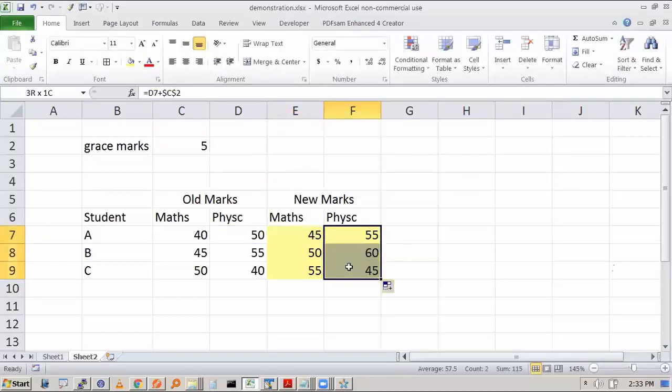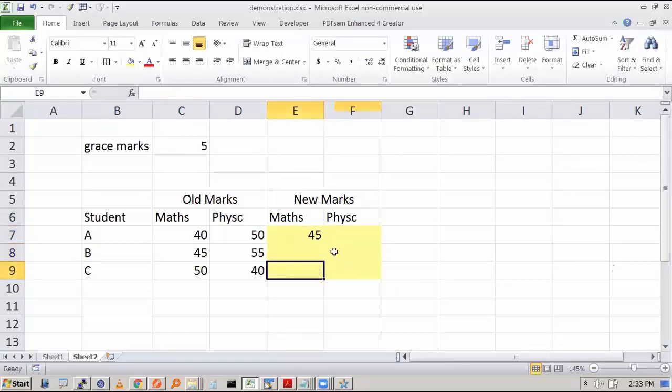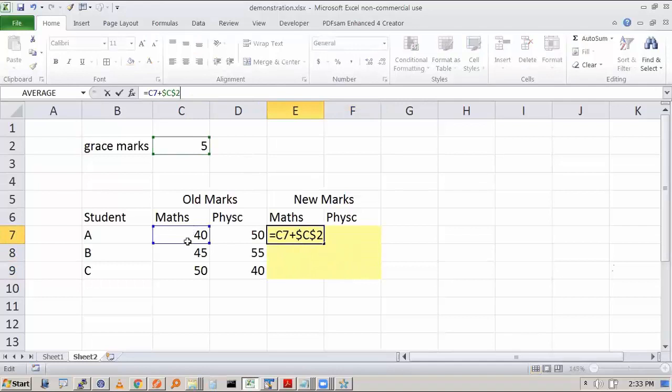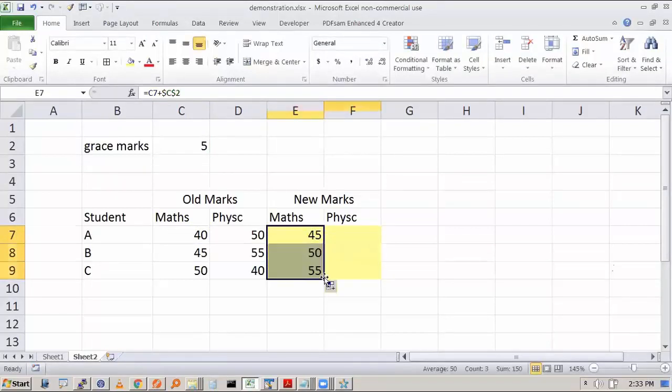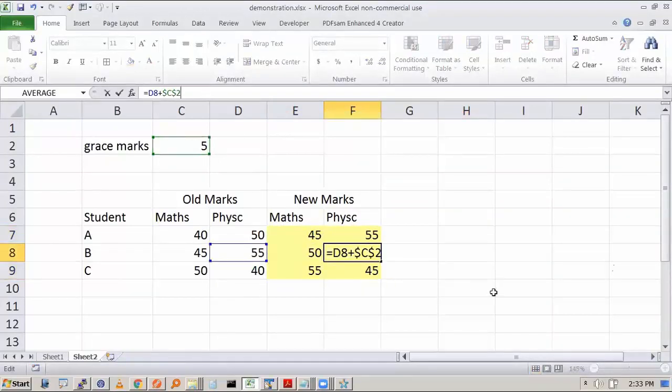If I delete all of this, I have written only one formula. This plus the fixed cell, I am dragging it and dragging it. Anywhere I go, I can say this is added. It is happening because this 5 is not changing, whether you are going down the students or across the subjects.